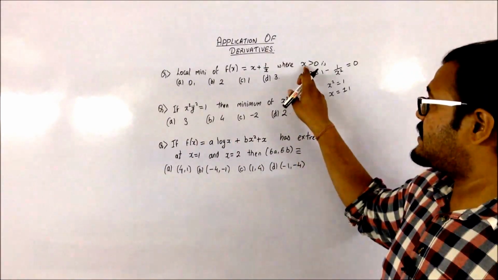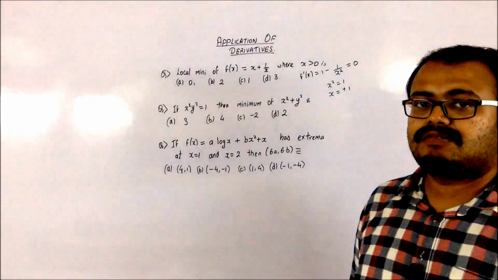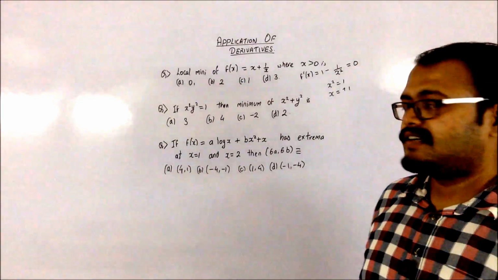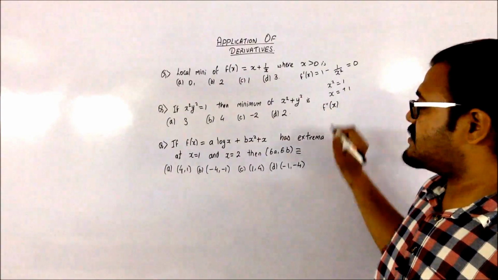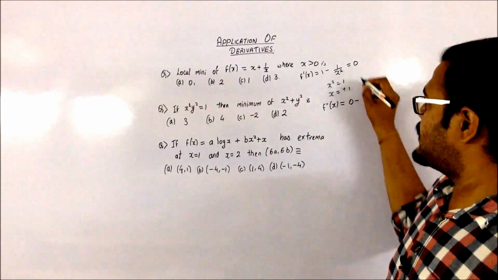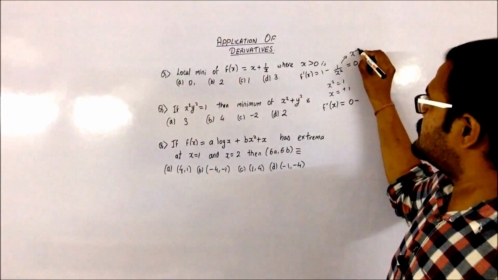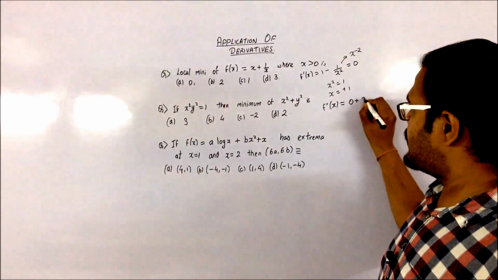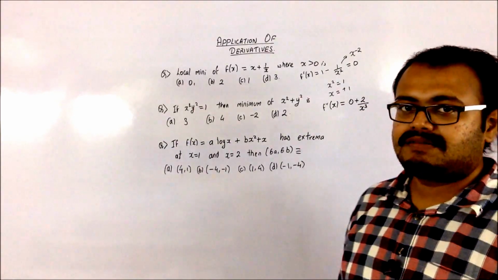But they have given that x is going to be greater than 0, so the only option is x equals plus 1. Now to check whether this condition gives the minima, you have to take the second derivative. So f double dash will give you 0 minus, this can be written as x raised to minus 2, so applying the x raised to n formula, that's going to be plus 2 into x raised to minus 3, so 2 by x cube is the formula.